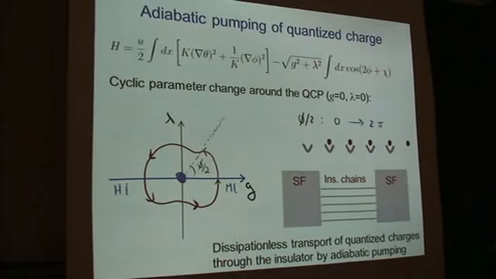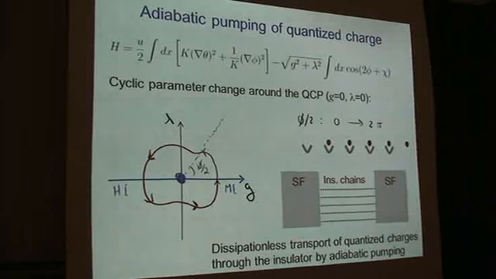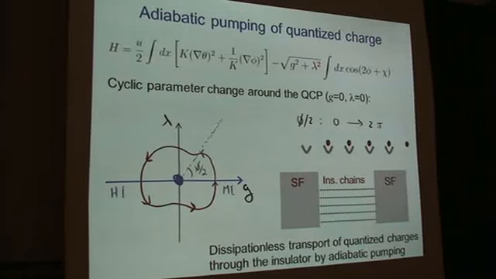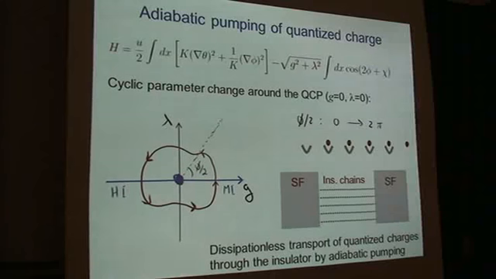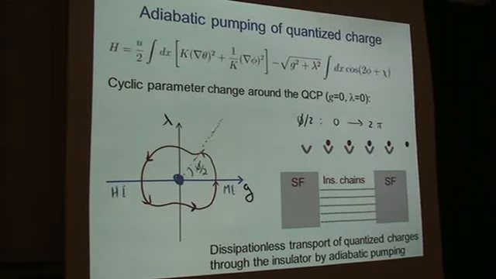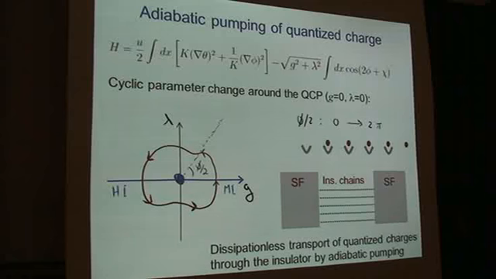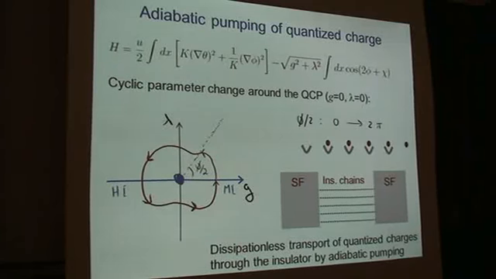So this is 0 to pi. I have 2 edge states, but I'm in one of them. They're equal energy, but I happen to start in one. And I pump, I go to the Mott ground state after pi, but this one goes up, somewhere goes up to the,